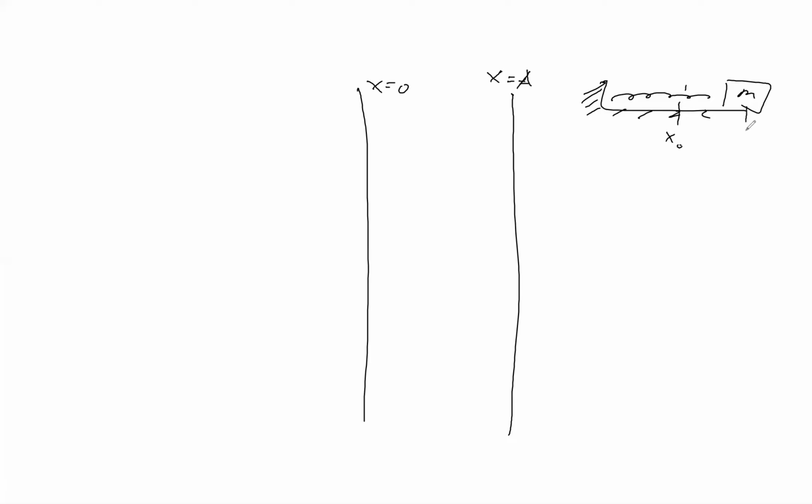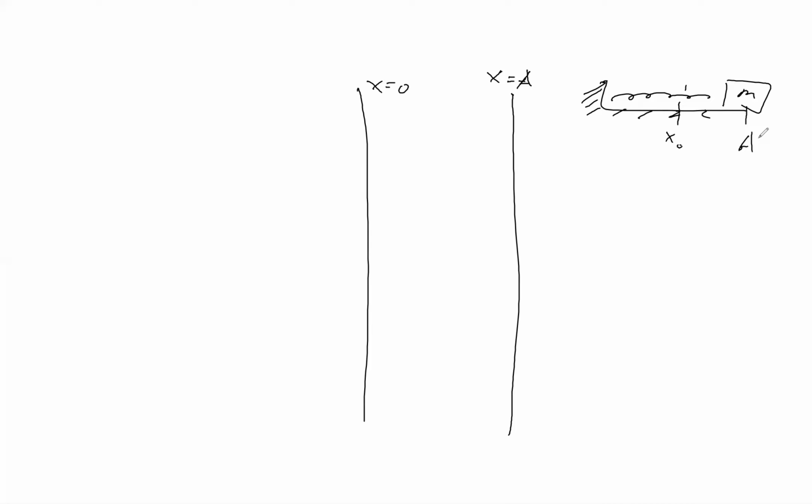What I notice is I'm going to call this vertical line my x equals 0 position. I'm going to pull this mass out initially to a distance a to the right. So we'll say this is some a out here. The reason we're writing a here is because we're going to call that the amplitude of the motion. If I pull that mass out to a distance a to the right and release it, it's going to go,